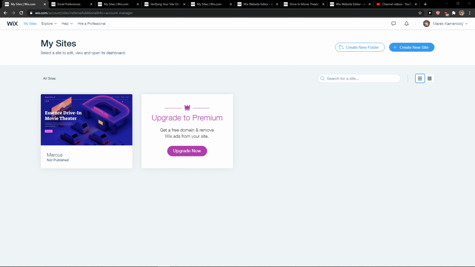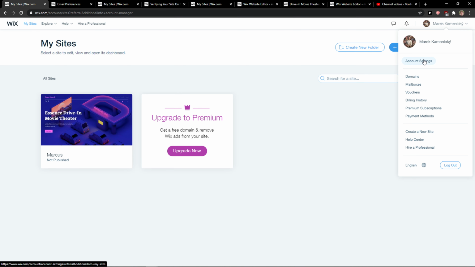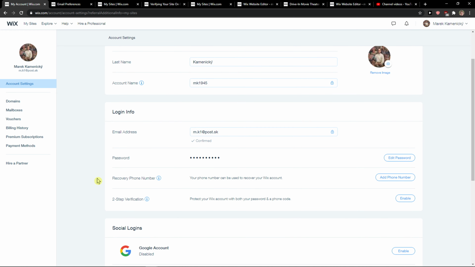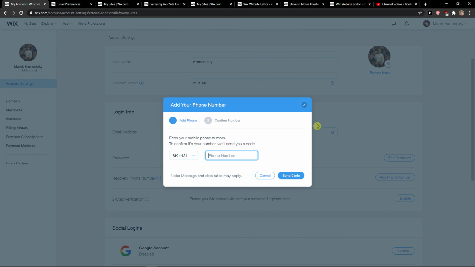So let's start. The first thing you want to do is just be in Wix and then go to the right top corner and click account settings. And right here you want to scroll down below and you're going to see Recovery phone number. Your phone number can be used to recover your Wix account, and then you just click here, add phone number,